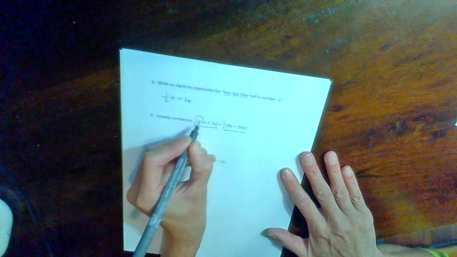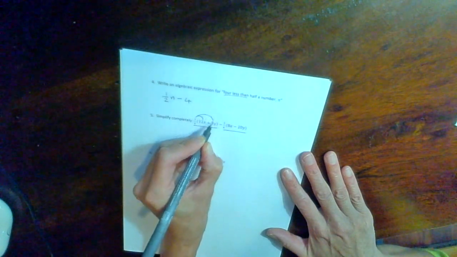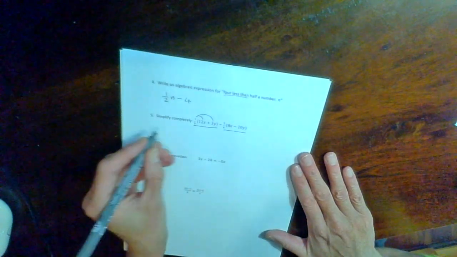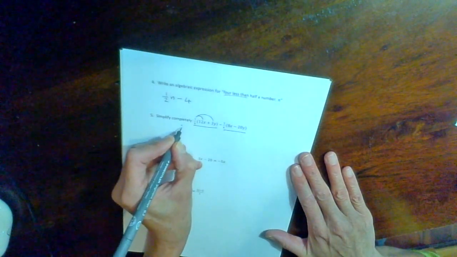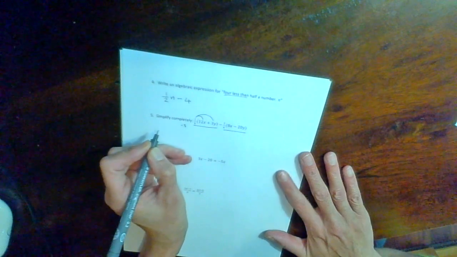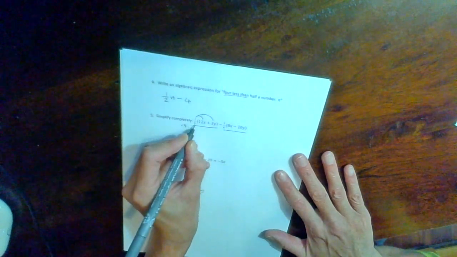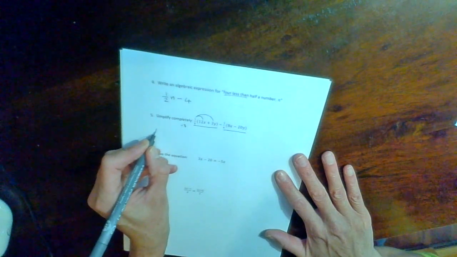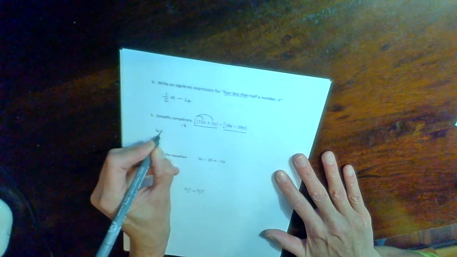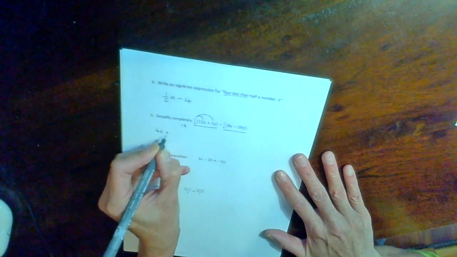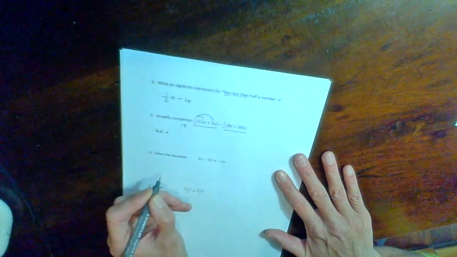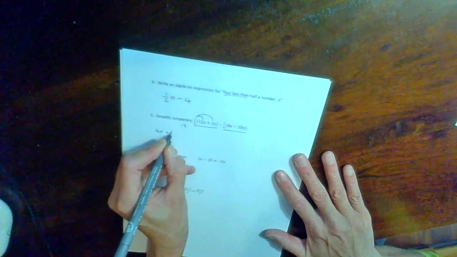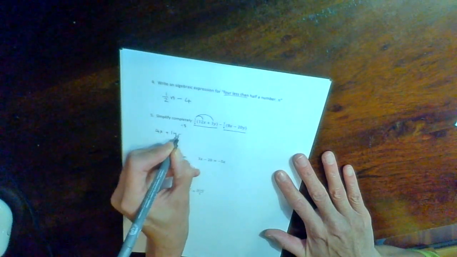Now I have to distribute this 1/3 times. Multiplying by 1/3 is the same as dividing by 3, and I think that's much easier to think of. So 1/3 times 12x is the same as 12x divided by 3, which is 4x, plus 1/3 times 3y. Well, can I take 3y and divide by 3? That's 1y, minus